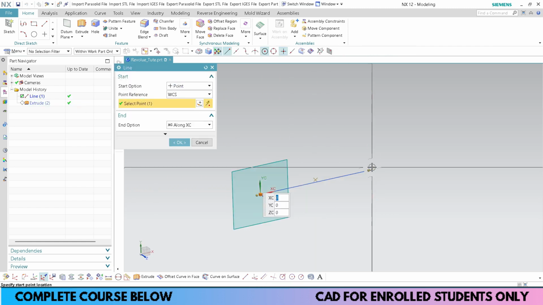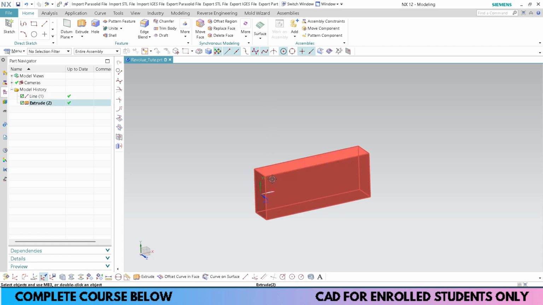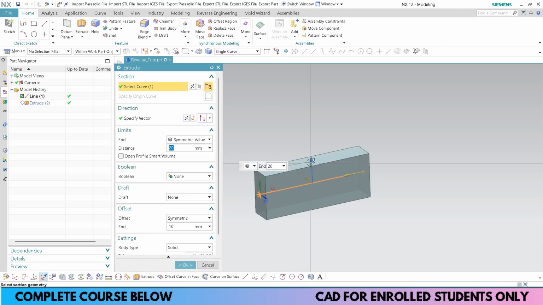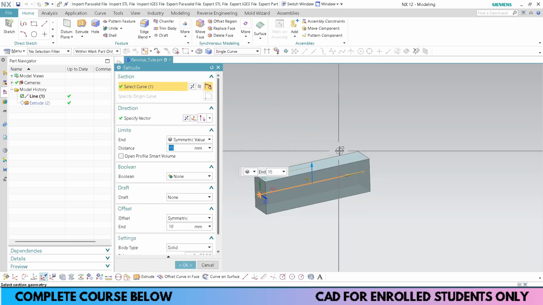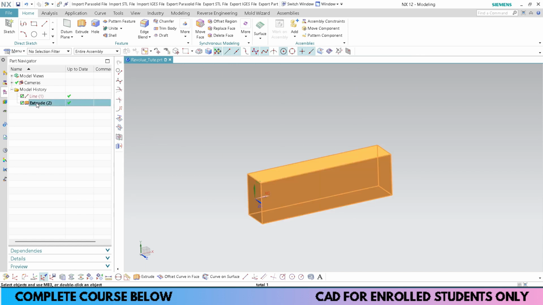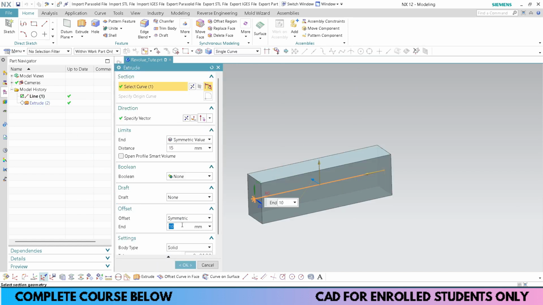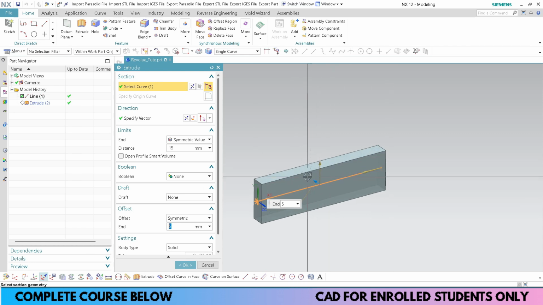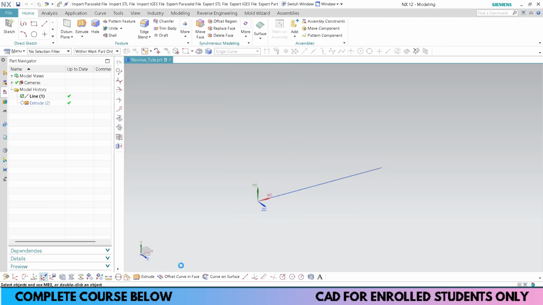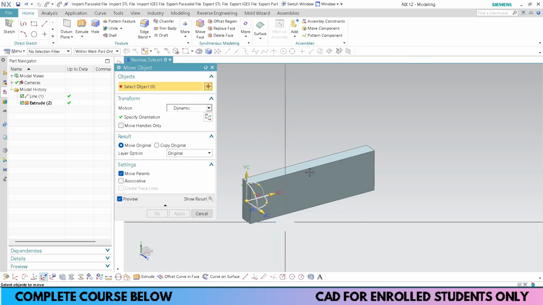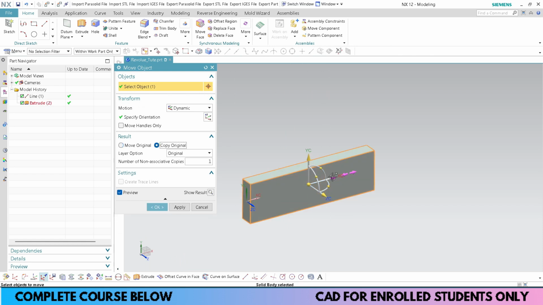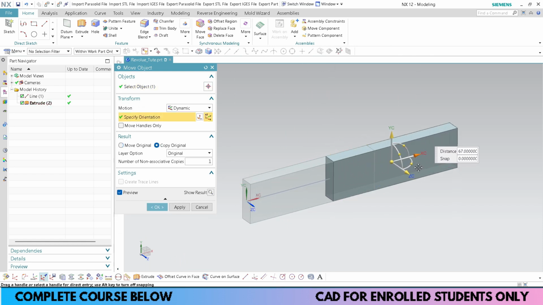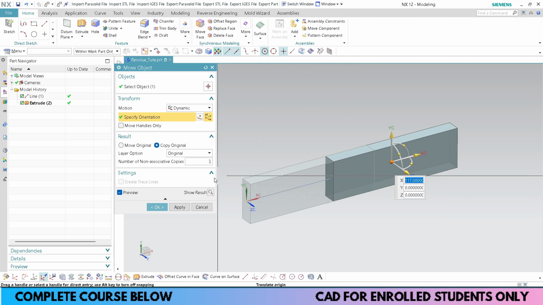I can also extend it a bit if I want. All is fine now. I can actually decrease the length, so let's keep it 15, and according to that I can make this as 5. So 100 here and 15 in this direction and 5 in this direction, or maybe 5 plus 5 10, doesn't actually matter. Press OK and make a copy in this vector. This is fine. This is a rough idea only.